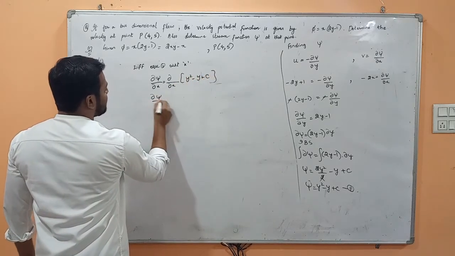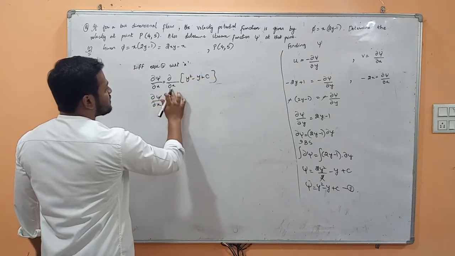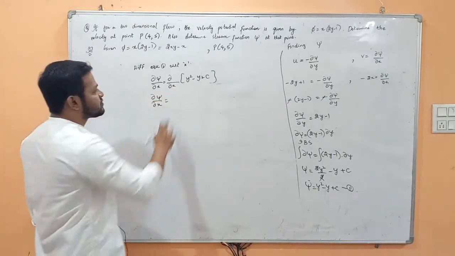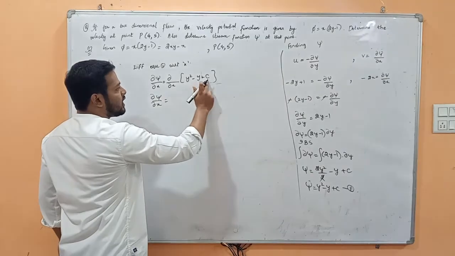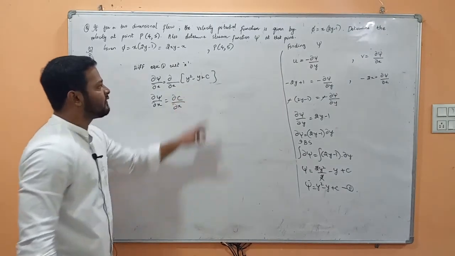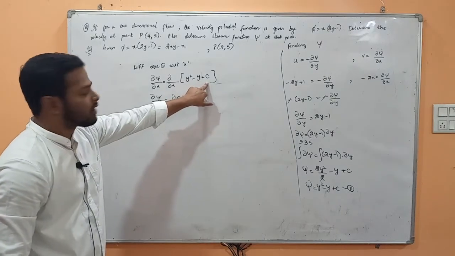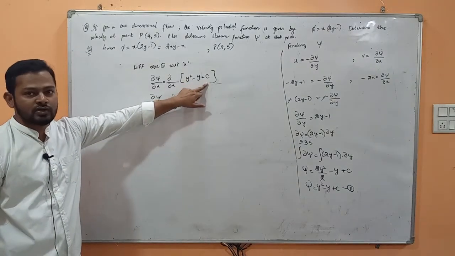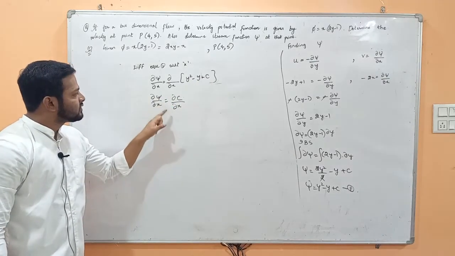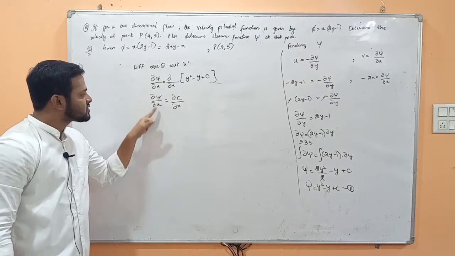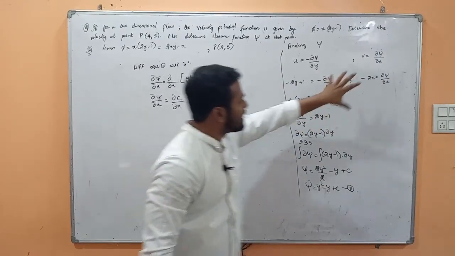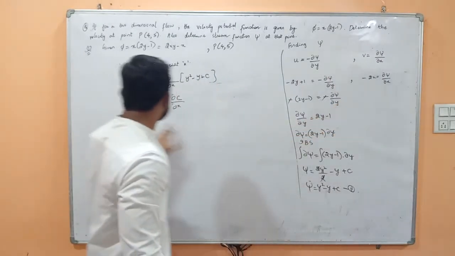So dou psi by dou x is equal to partial differentiation with respect to x, which means y will be constant. So this term will become 0 and this constant will remain. That is the constant of integration, but this could be a function of y or x, so that's why we cannot put it as 0 here. So we are finding that c value here. Now in order to find this c value, we have the value of dou psi by dou x, which is minus 2x. This is the part which we haven't used till now, so now we are using that part.